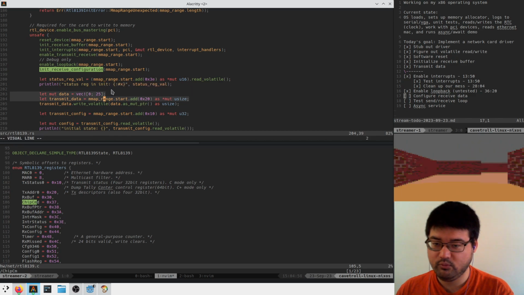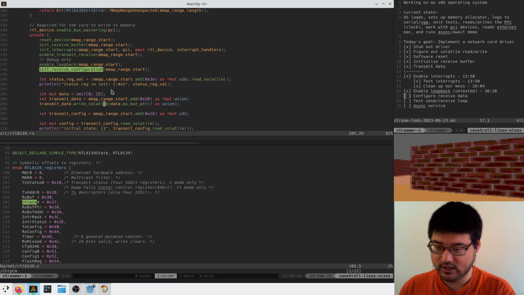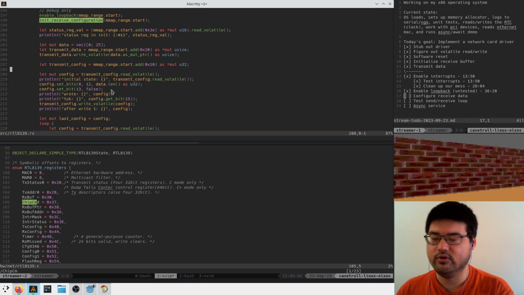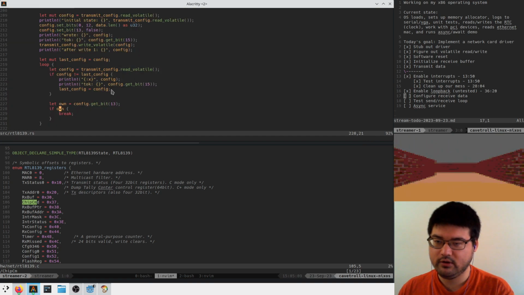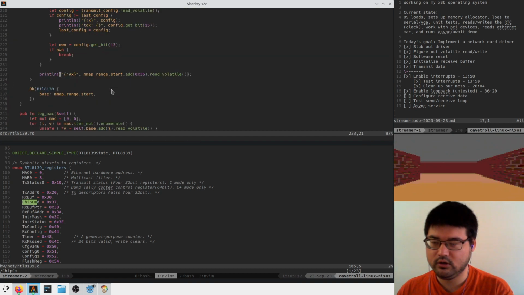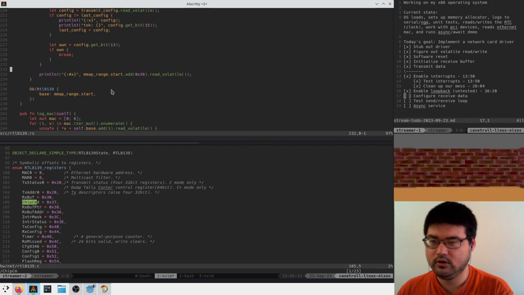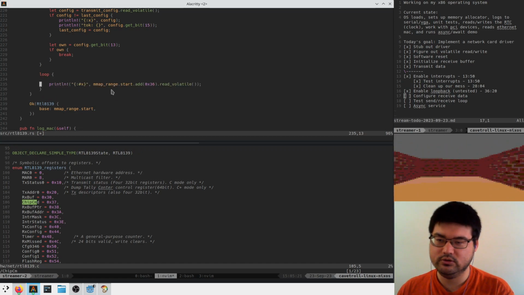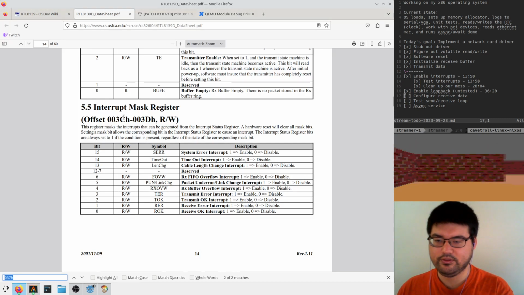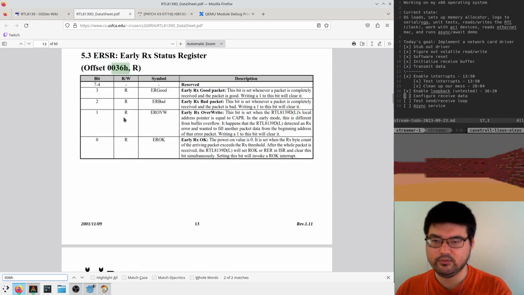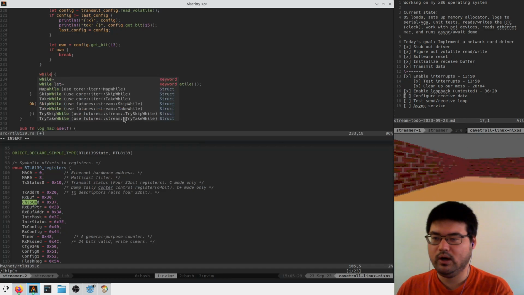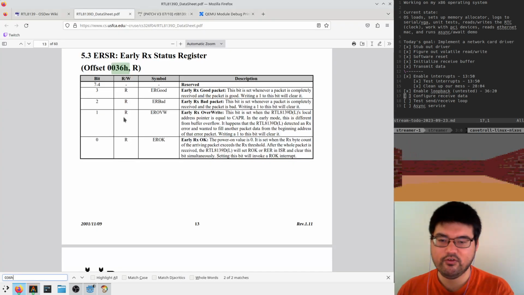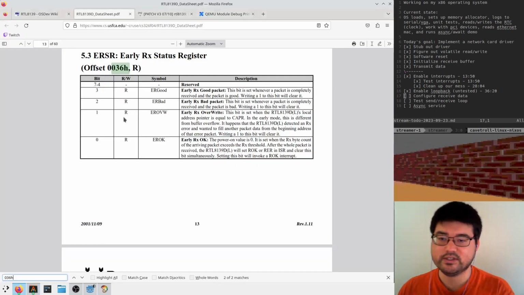We set up some data. We stick that data into the transmission data pointer, and then we set up our transmission config for this transmission, and we write it. And maybe we haven't waited long enough, so maybe we need to look at this early status register and we'll loop and we'll print, and we'll say if our early RX,